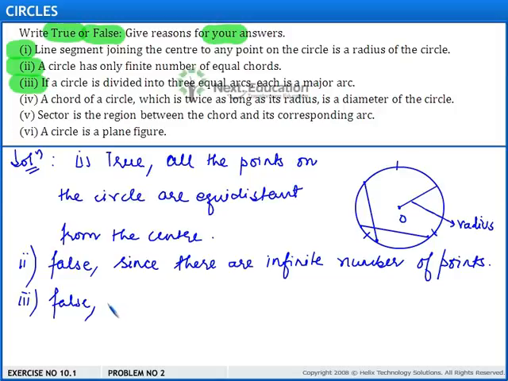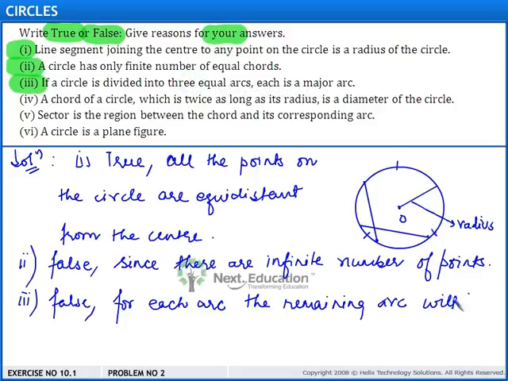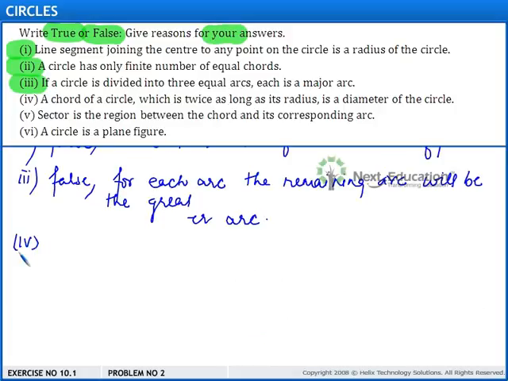Hence the answer is false, since for each arc the remaining arc will be the greater arc. Now proceeding on to the fourth part. It says, a chord of a circle which is twice as long as its radius is the diameter of the circle. This is a true statement,